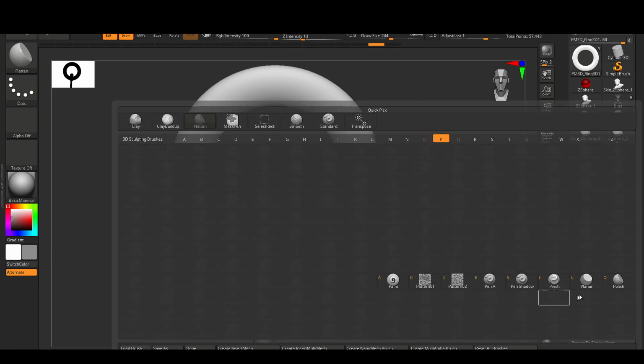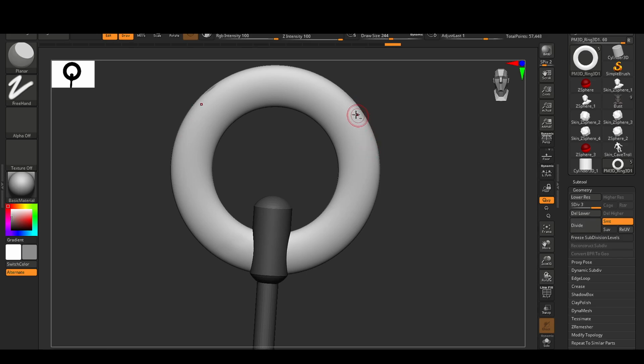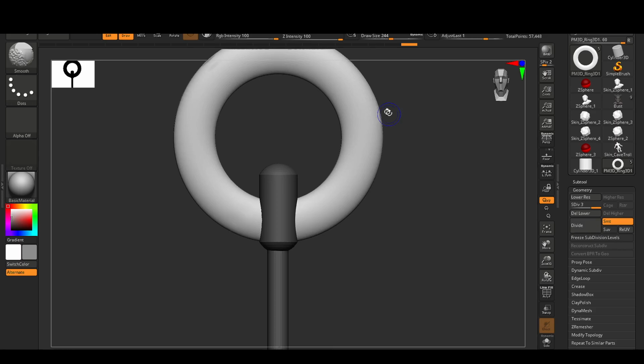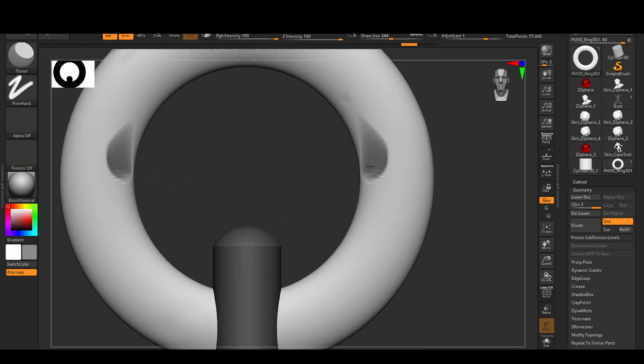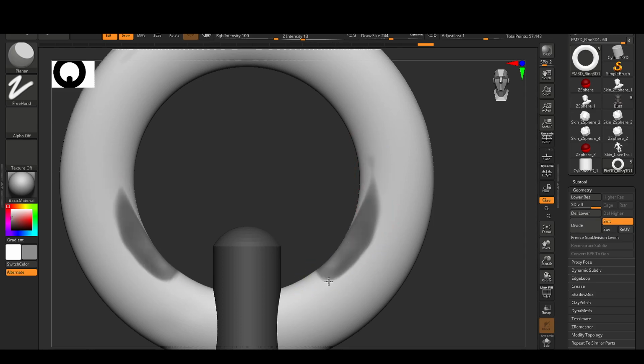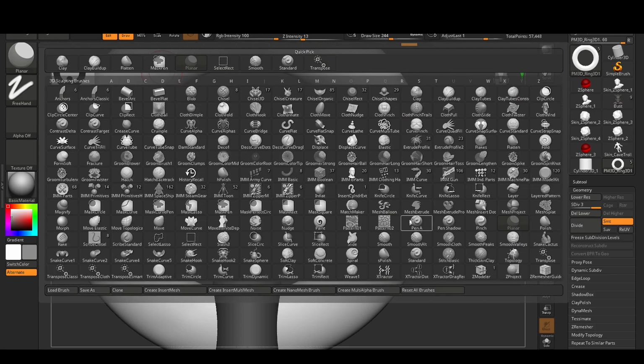B P planar. It's way too strong. Let's reduce it. Just trying to make kind of like